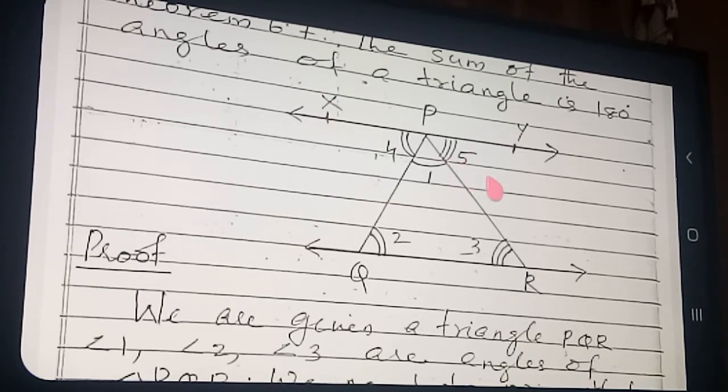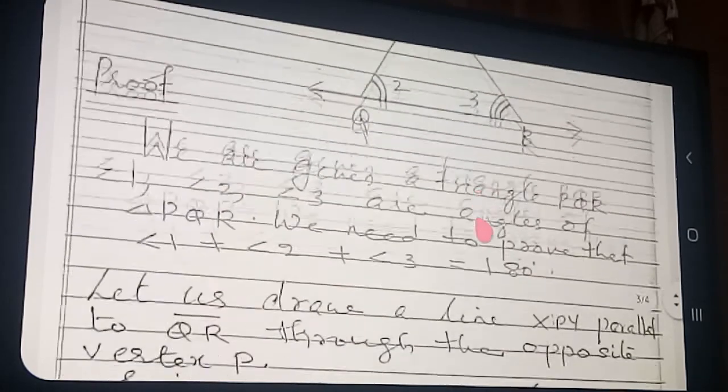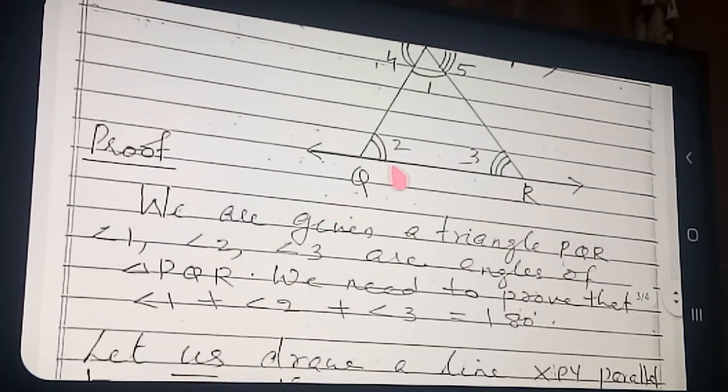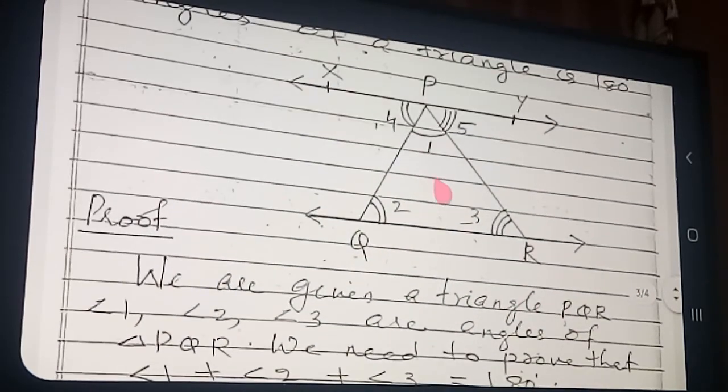That point is clear. See what I have written down: angle 4 plus angle 1 plus angle 5 is equal to 180, equation number 1. Is it clear for you? Understood? Okay, now we can move to the diagram again. Without a diagram, geometry cannot be explained. See here the diagram. Now here also we will take two transversals. XPY and this line QR are parallel.